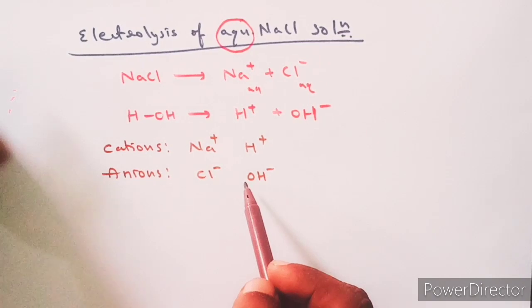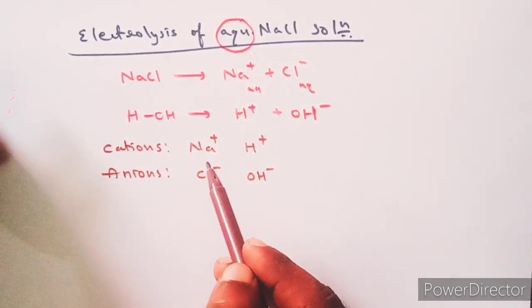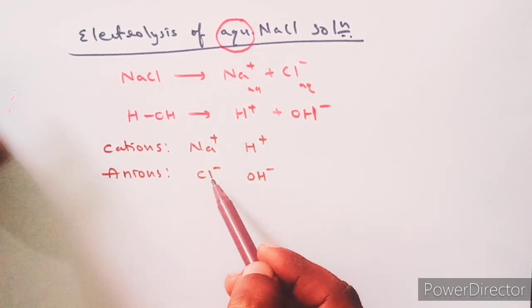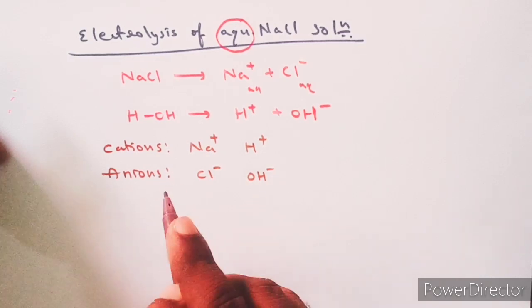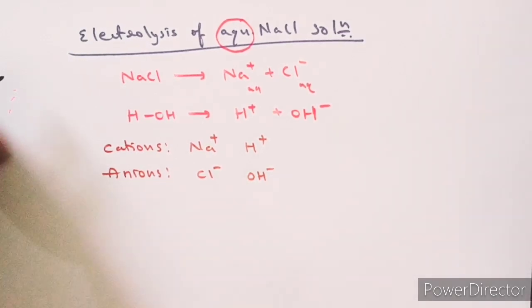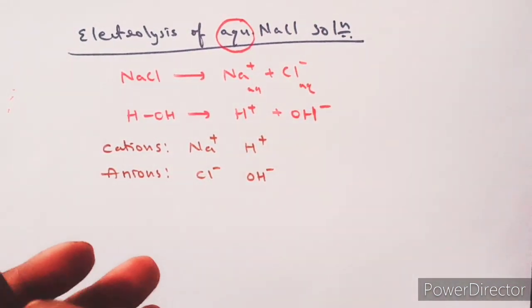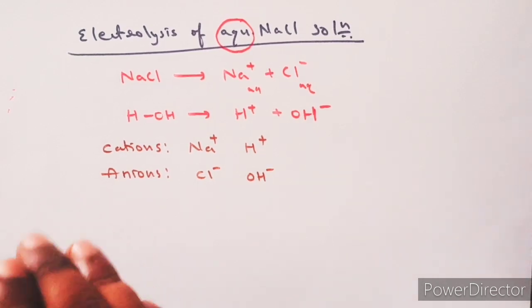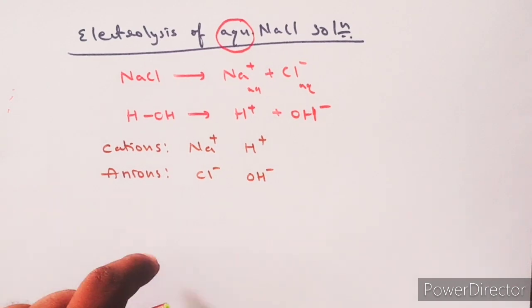So now let's see how to identify that. To identify the cation which preferentially undergoes reduction at the cathode and the anion which preferentially undergoes oxidation at the anode, we have one theory. The theory is called the preferential discharge theory. Let me tell you what the preferential discharge theory is in the easiest way, with a funny technique. Let us see the preferential discharge theory first; later we will come back to this question.